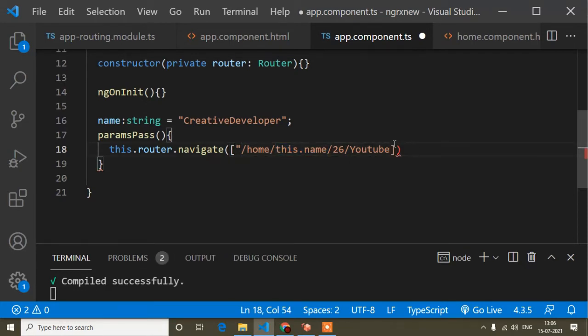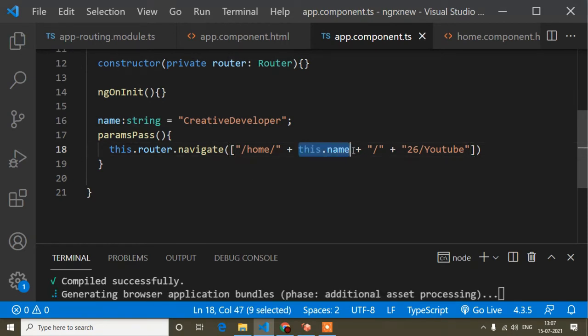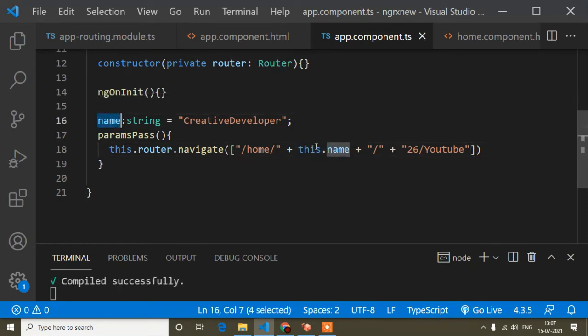Just here you have to write like this, and plus, like this, and this one is a plus and slash is the string, so you can pass it this way, and plus, and I'm sending this in string format. The name is now not a string, because here I have defined the name, so this name I have to write outside this one, so that it is denoted as a variable, not a string value. Like this way you can pass, so that's what I'm showing for you.